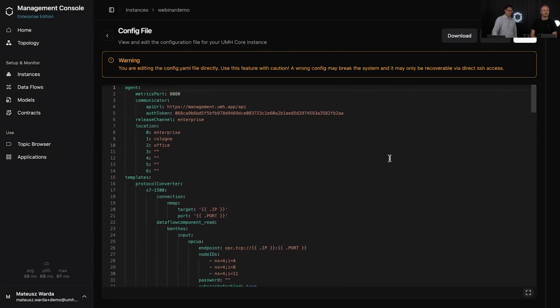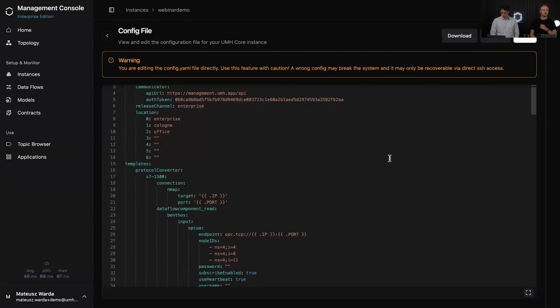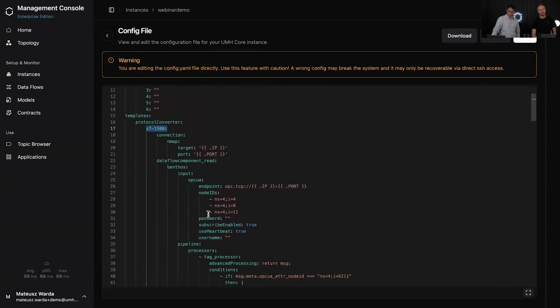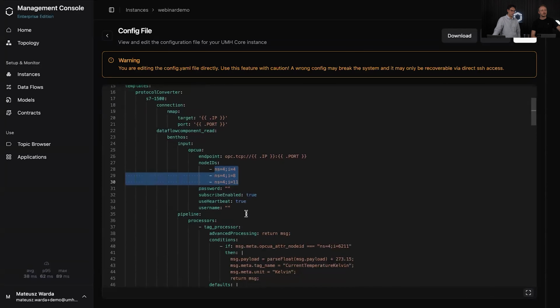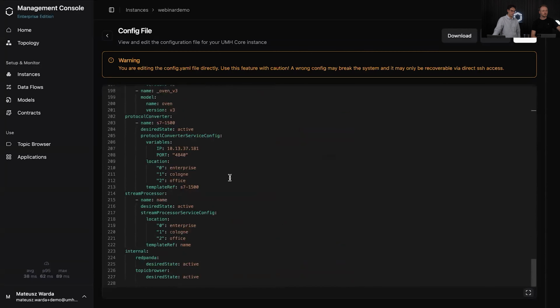And what you see over here is exactly what we defined, just as a long YAML file. Yeah. So you see over here, I created for this specific connection actually a template. Yeah, see with the node IDs and so on, just automatically. And to actually build up this connection, the new protocol converter is then referencing exactly this template. Yeah, so here you see then dynamic variables being set as this IP address, this port, this location, and so on.